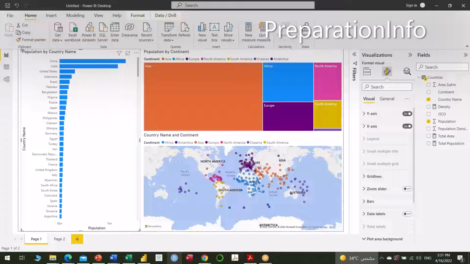Okay, no problem. So we have done our basic report. We will add a few more measures, and then we'll do some filtering on this, and we will add some slicers to this. Now we are trying to refine and look at other possibilities to slice and dice our data in different ways. This is what we are going to do in the rest of the session, and we will add a few more measures and a few more visuals also. On this page,